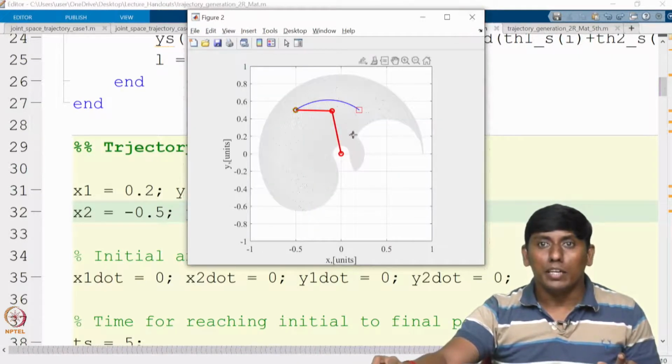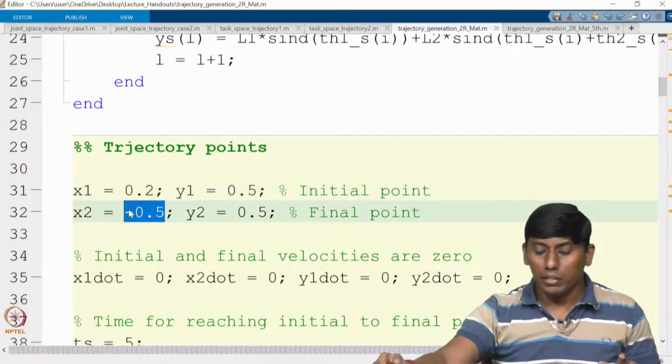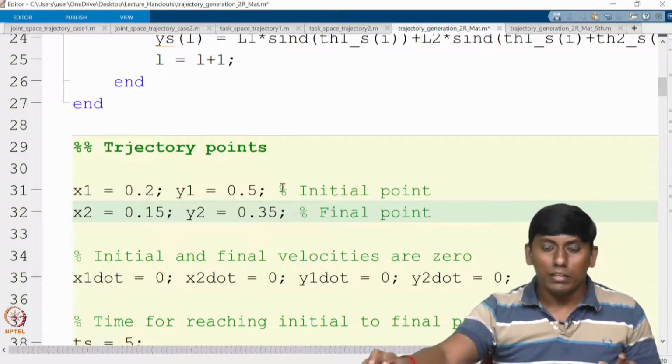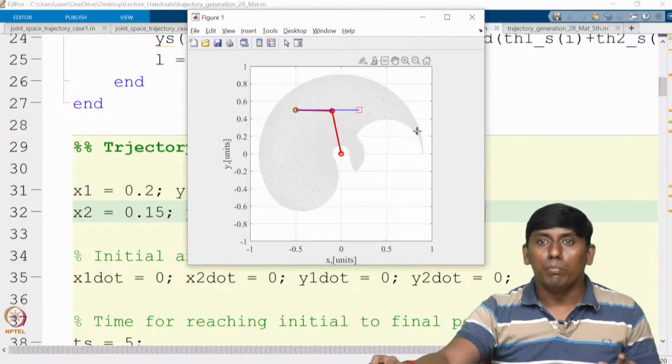In fact I would have taken a grid as the point. So this is the point 0.15 and 0.35, and the other point I am trying to take somewhere here.